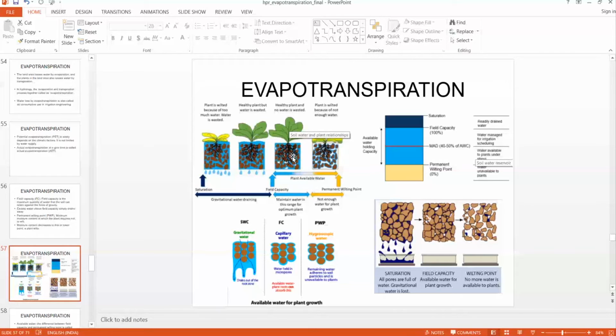At a certain point of time, the water in the soil will be very little. That is called hygroscopic water. That water cannot be taken by the tree because this hygroscopic water is tightly fixed to the soil particles. The adhesive forces between the soil and water molecules are very strong, and water cannot be taken by the plant, and this is called the permanent wilting point. If the water level goes below this permanent wilting point, the water is not available to the plant. So the water available from field capacity to permanent wilting point is called available water.